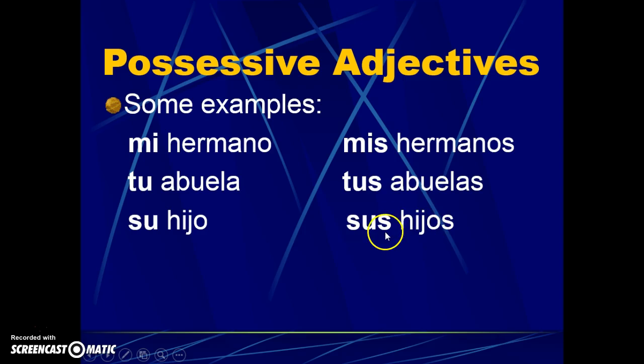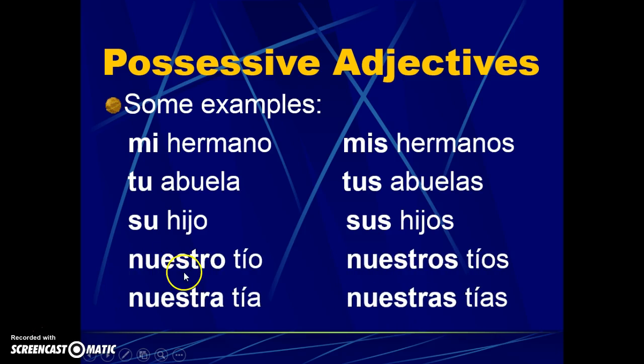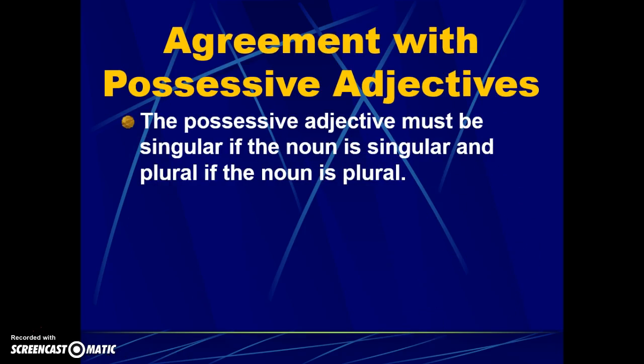Su hijo, sus hijos. Your son, or his son, or her son. His, her, their sons. Muy bien. Nuestro tío, nuestra tía, nuestros tíos, nuestras tías. Our uncle, our aunt, our uncles, our aunts. Muy bien. Okay, so the possessive adjective must be singular if the noun is singular and plural if the noun